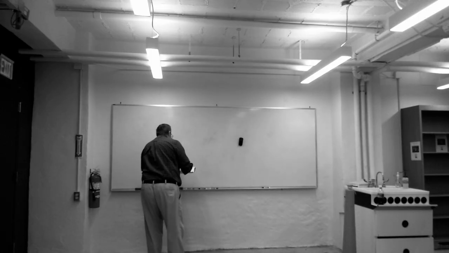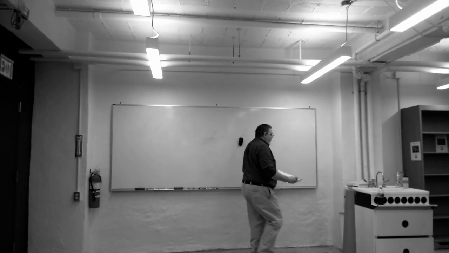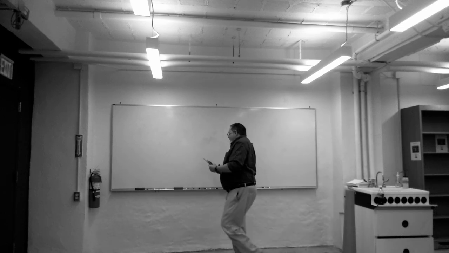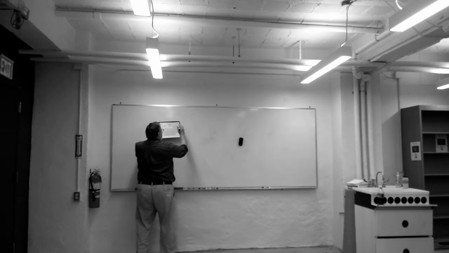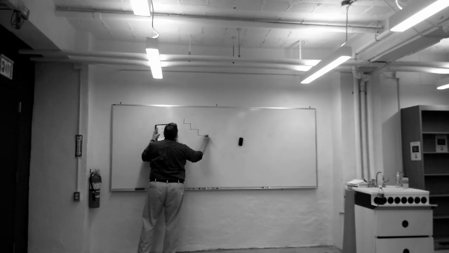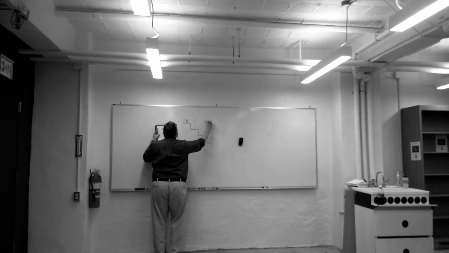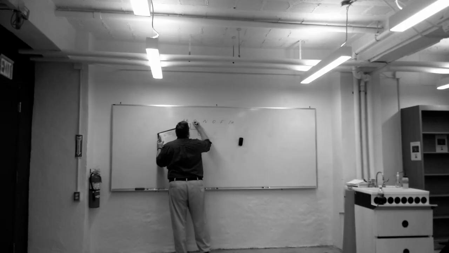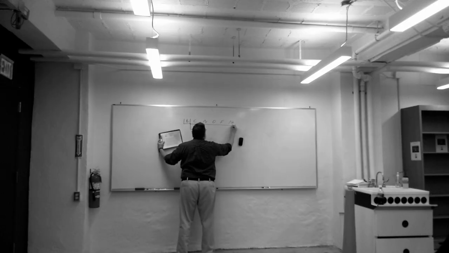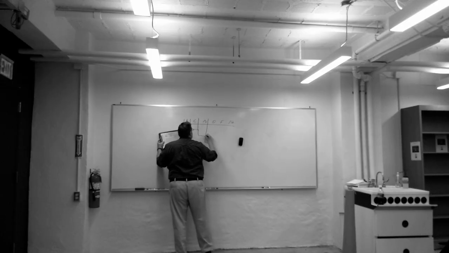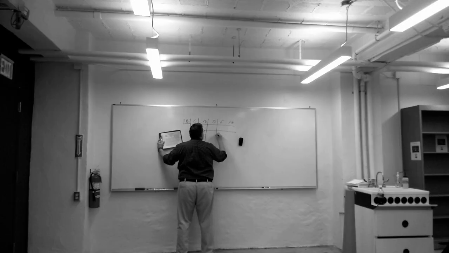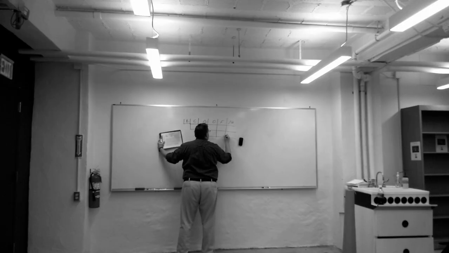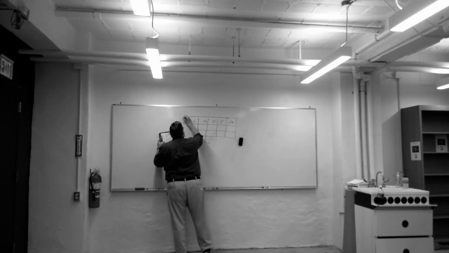So the next thing I would tell you is to look at the periodic table. You see this stair step structure here? It goes like this. Right there is B. This section